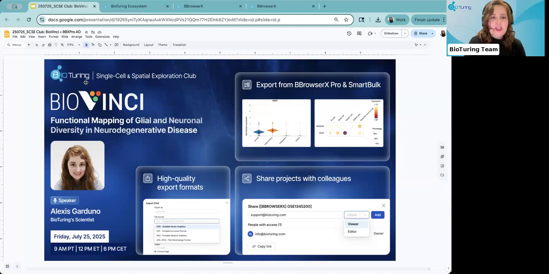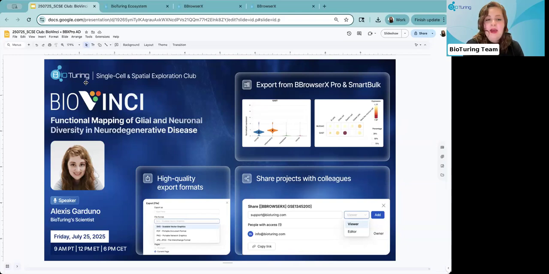So for today's session, as I mentioned, this session will focus on some new updates within the Vinci, now sort of termed BioVinci, on the BioTuring ecosystem, which is our main platform for centralizing any specific visualization, whether that's chart editing, sharing data across teams, or being able to export the data in high quality formats for publication purposes. So that's going to be one of our main key things, really going through the process of doing that in the system, as well as how you can actually share projects across different colleagues